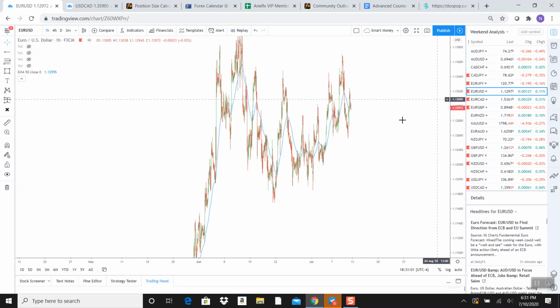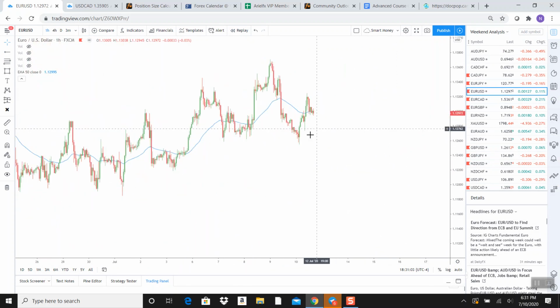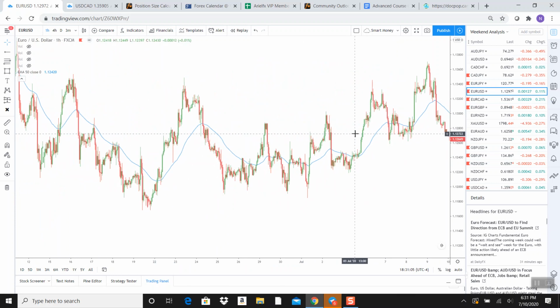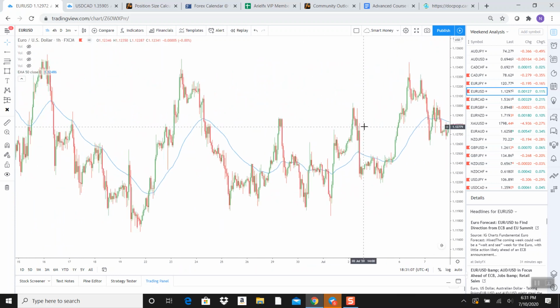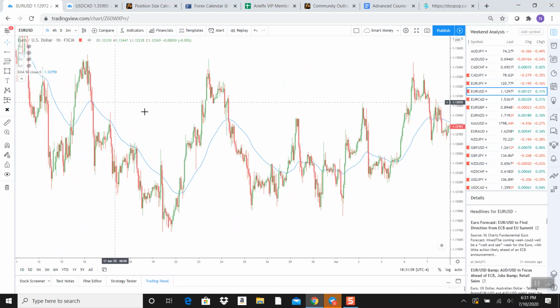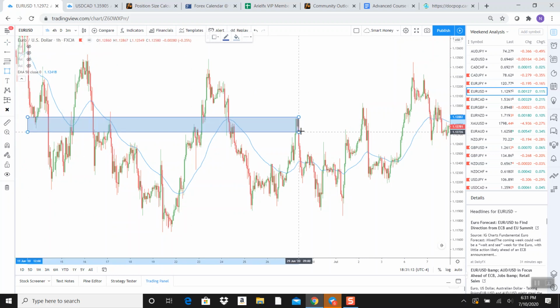All right, now where are we? In here. Price is in here, but I want to focus on price in here because we took another trade. VIP actually took this one as well. Right, 1 hour time frame. This is your zone of interest right in here. You can see